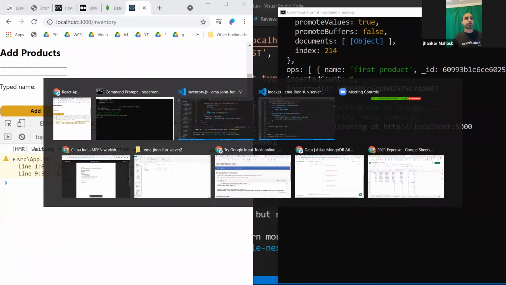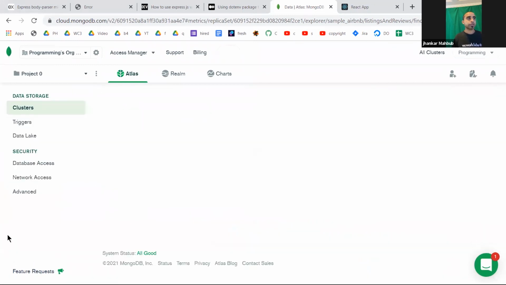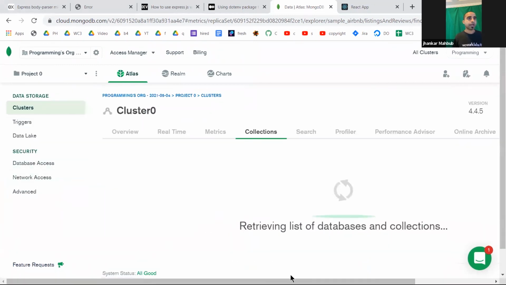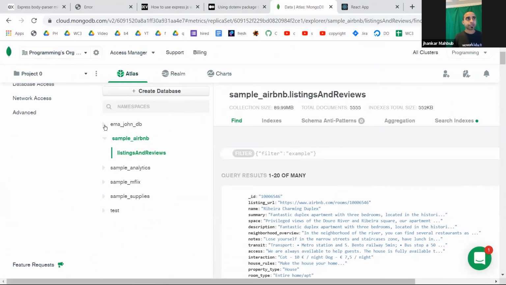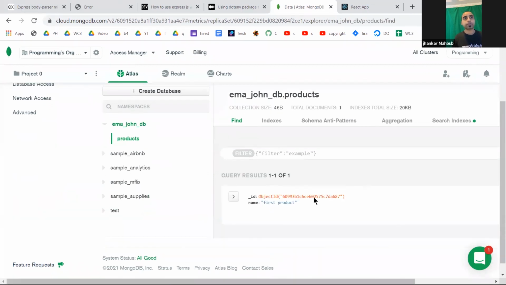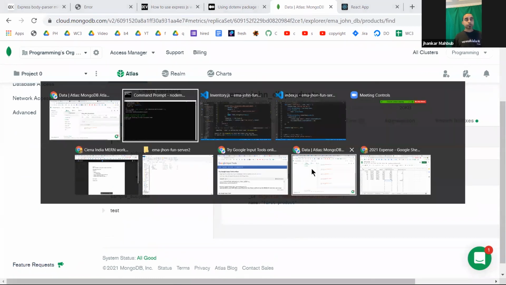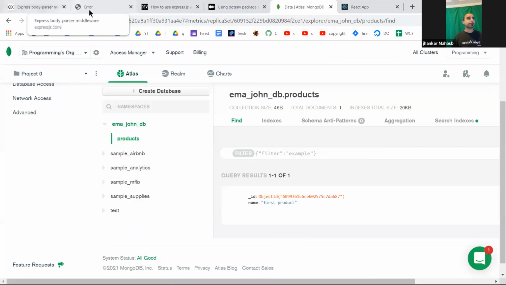Let's check in the database first whether it's added something. So right now it has nothing, and if you refresh, you will have on the left side an Amazon DB, and if you expand it, it has some products, and you see this is your first product, right? So that's super easy. And now you can do a little more fun things.